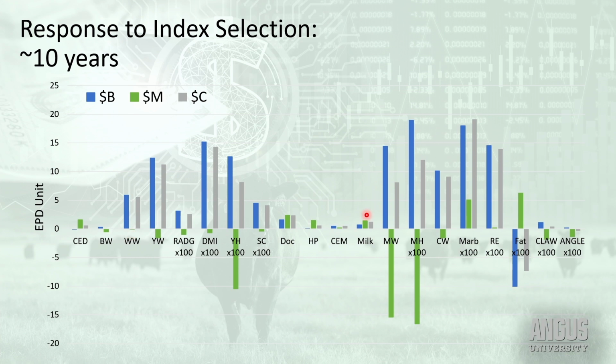hold constant. And then when you look at things like cow cost or mature size, you can start to see that we make an increase in docility and a slight increase in heifer pregnancy. We continue to put some pressure on maternal milk. But with that, you can see that with $C versus $B, we're only increasing mature cow size to about half of what we would see if we selected on $B alone. So thinking through these things, we're trying to balance that index so that we can appropriately weight whole chain